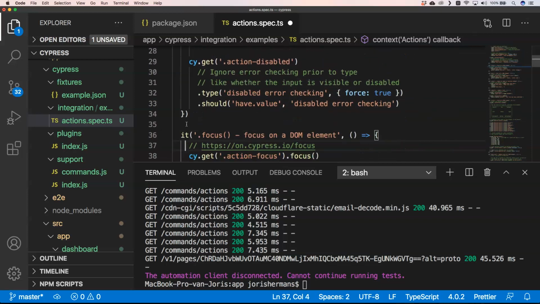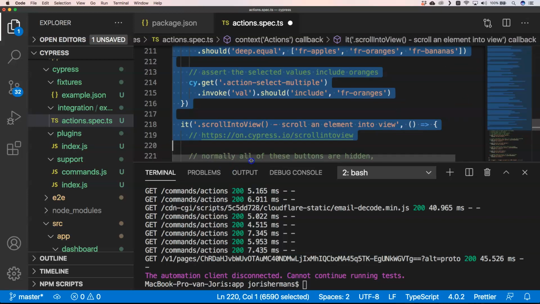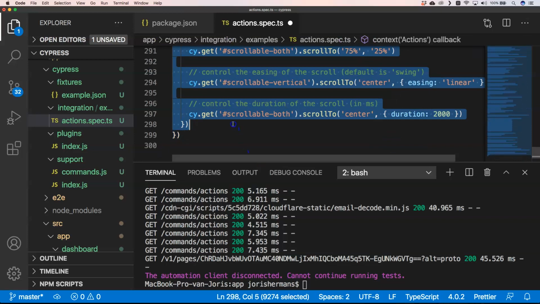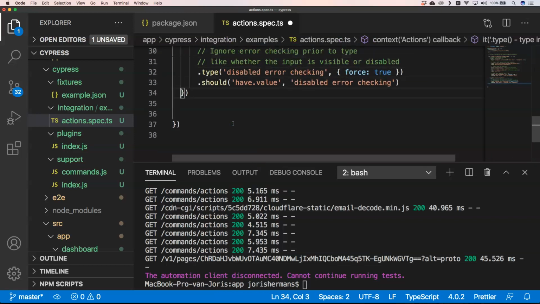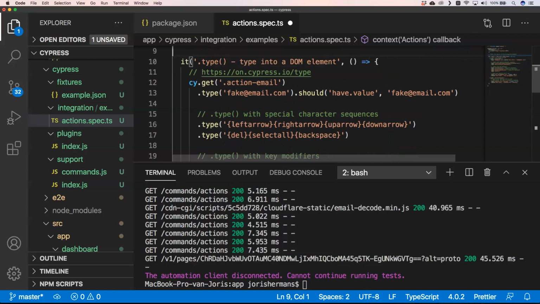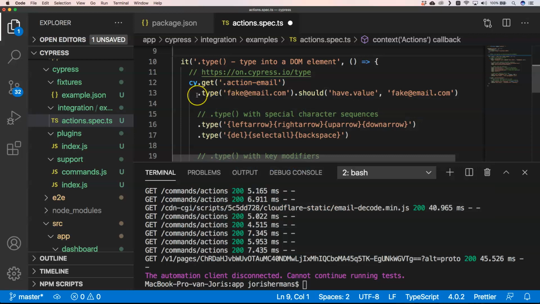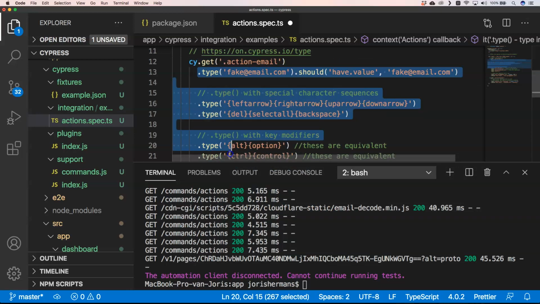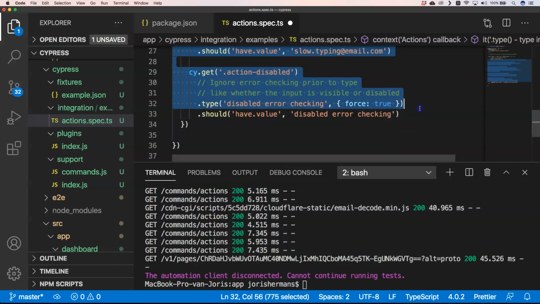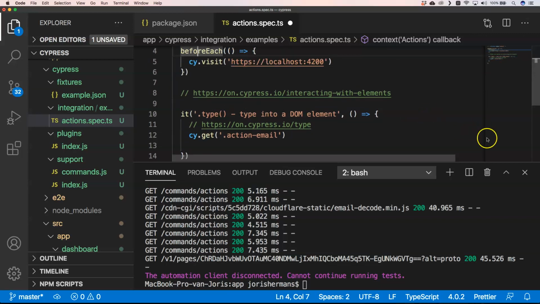I'm gonna clean up this file a little bit because I just want to have one test that we are going to write together. And then of course I want to do here a .get from something, and then I want to click on it, and then I want to check if it has a certain value. Yeah. So test out navigation